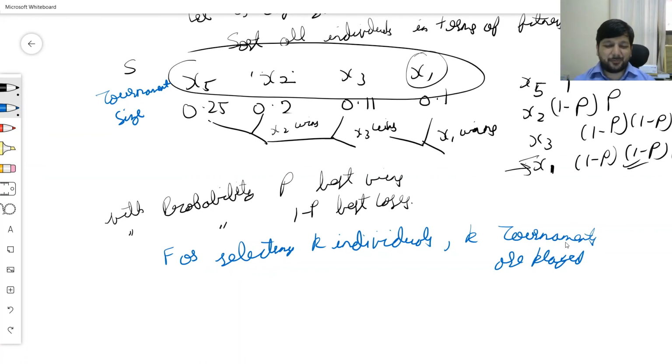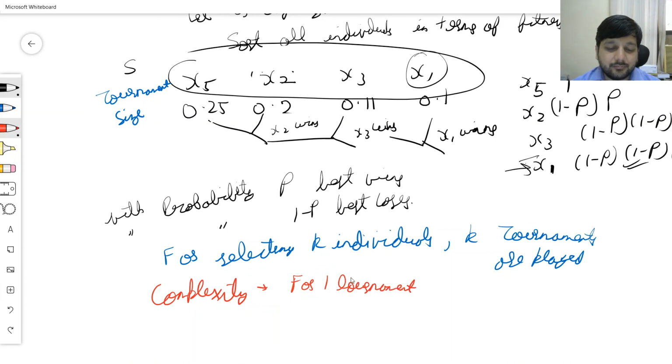So even in terms of complexity, now you don't need to calculate the fitness value. Now you don't need to calculate the expectation value. So no expectation values need to be calculated. It can directly work on fitness values. So the complexity turns out to be, for one tournament, I select S individuals. So S plus maximum there can be S matches between this and this, this and this, this and this. So S. So for K tournaments,